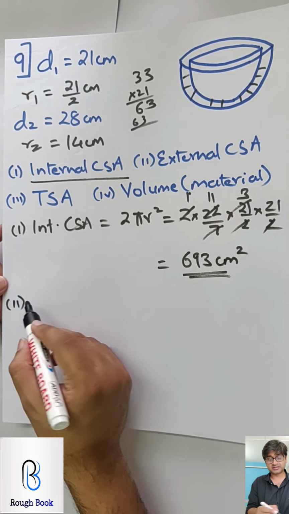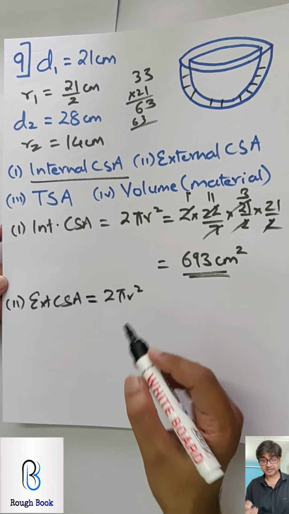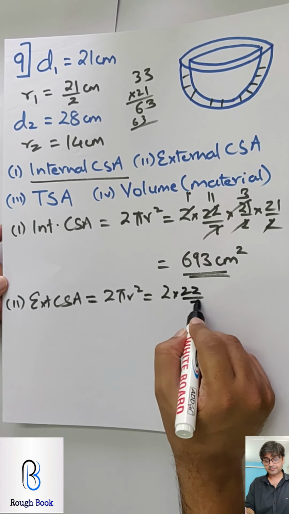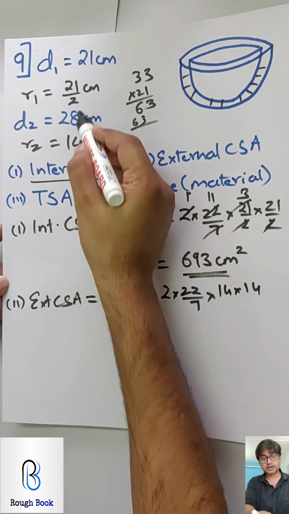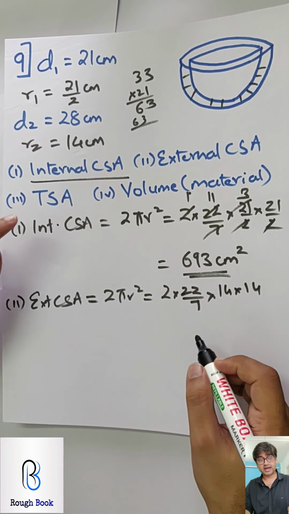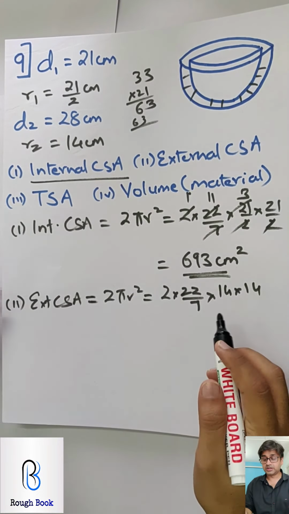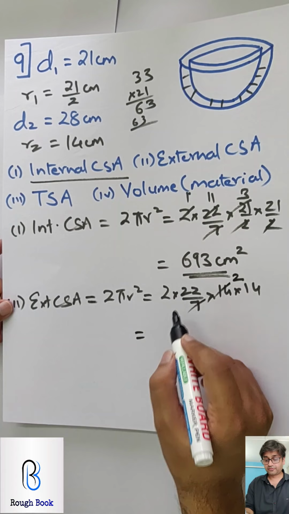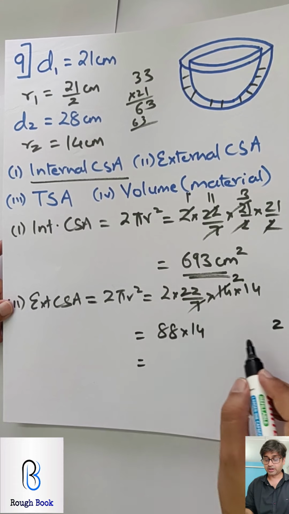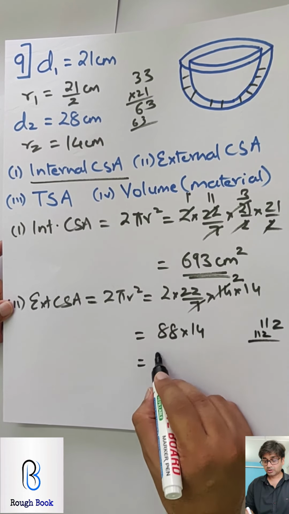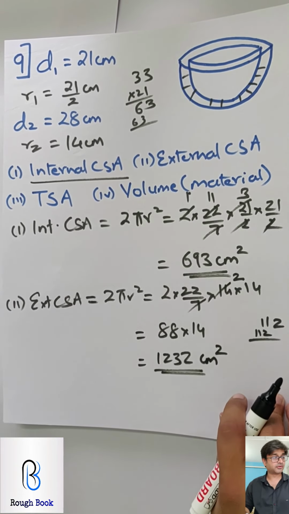Now for the second one, external curved surface area. So formula remains the same because you are finding surface area. The only difference is the radii will change and it will become 14 this time. Got it? Earlier it was this, now it's this. So come on, solve it and then think about how are you going to get the third part also. So pause right now and get me the third part, only then come back. So 7 ones are 2s are. So 4 into 22 is 88 into 14. So we'll have to multiply. 8 4s are 32, 8 ones are 8, 9, 10, 11. So 112. So 1232 centimeters square. This is external curved surface area.